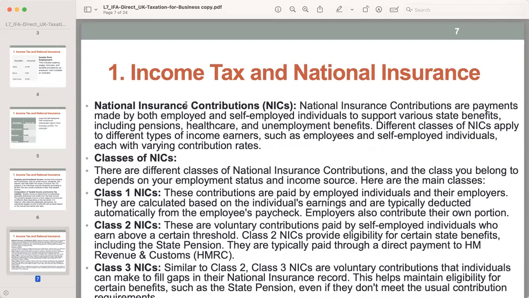So, national insurance contributions. Can you tell me about NIC or national insurance contributions, if anyone is there? Okay,